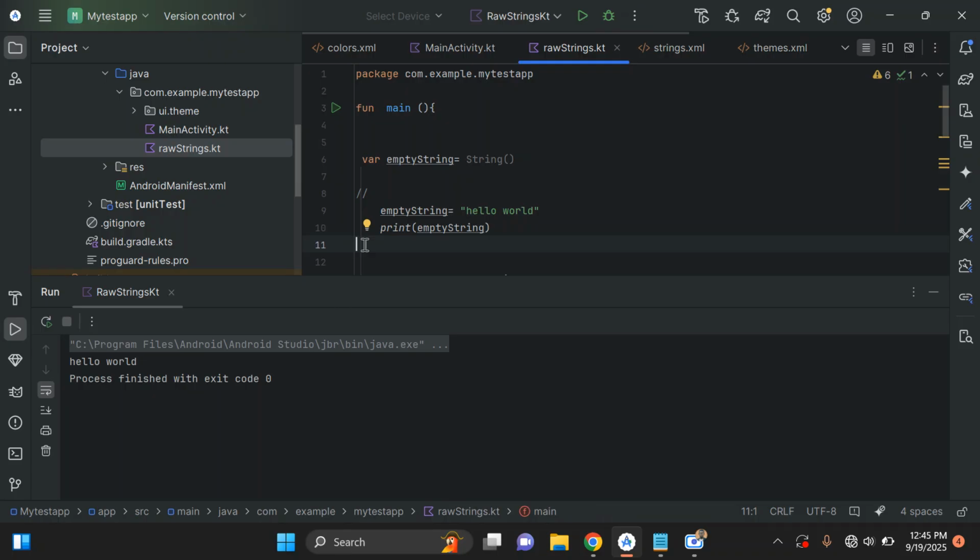So that's how to create an empty string. So let me quickly tag this: create an empty string. Okay, so